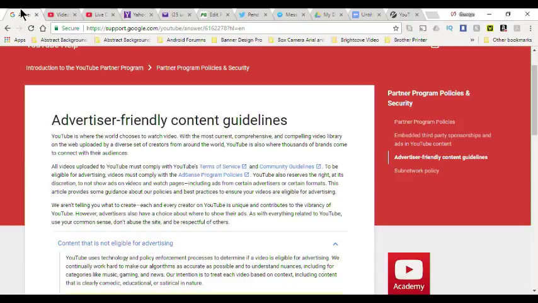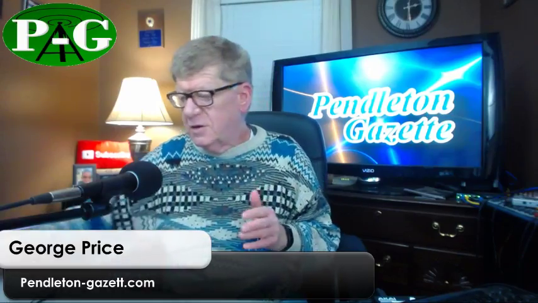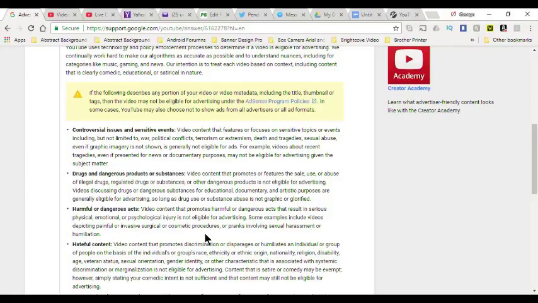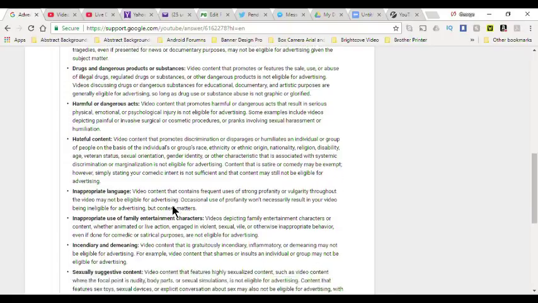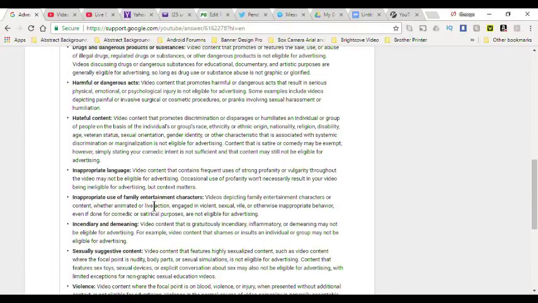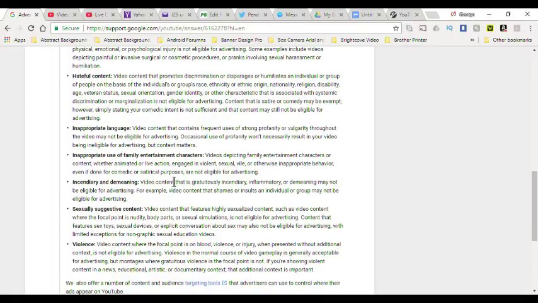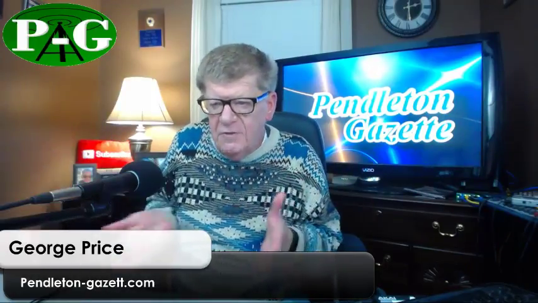Now it said that certain videos won't be allowed to have ads on them, and some of that is violent content and some other things they're not going to do: controversial issues and sensitive events, drugs and dangerous products, harmful or dangerous acts, hateful content, inappropriate language, impersonation, use of family entertainment characters, demanding videos, sexually suggestive content, violence, and some other things that YouTube says they don't allow for ads, and I don't have any of that on mine.